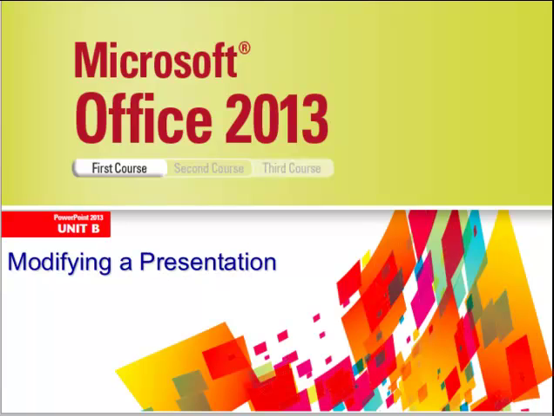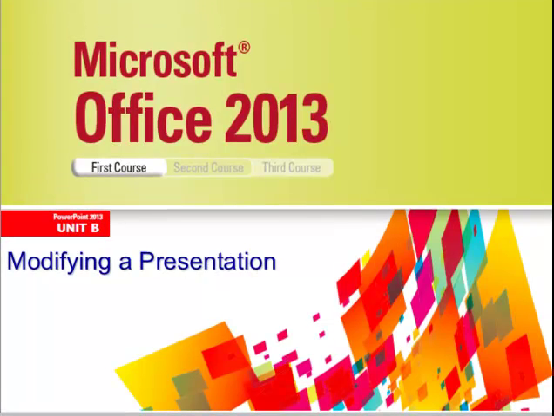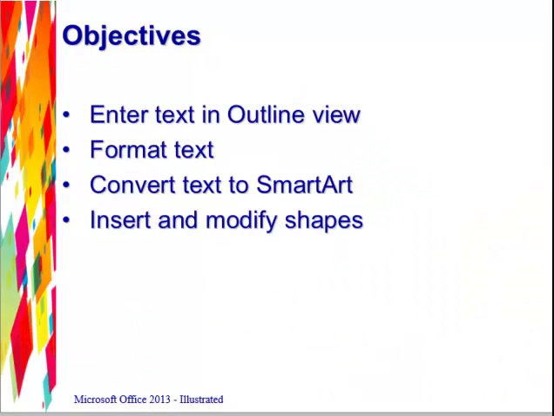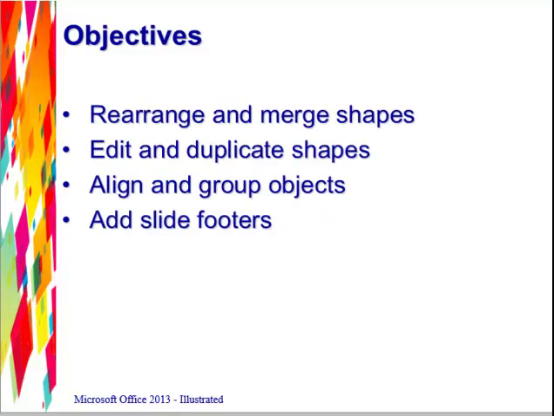Okay, this is the first of 4 lectures in Unit B. In Unit B, we're going to cover how to modify a presentation. We're going to talk about how to enter text in the outline view. We're going to talk about how you can format your text on your slides and then convert that text to SmartArt. We're going to talk about inserting and modifying shapes. We're going to talk about rearranging and merging shapes, editing and duplicating shapes, aligning and grouping objects, and how to